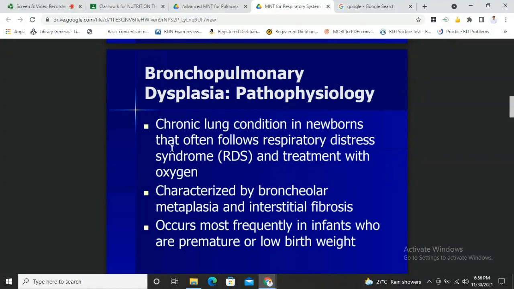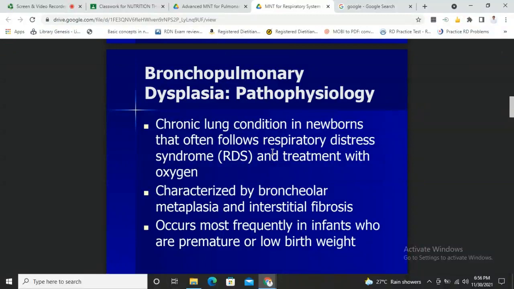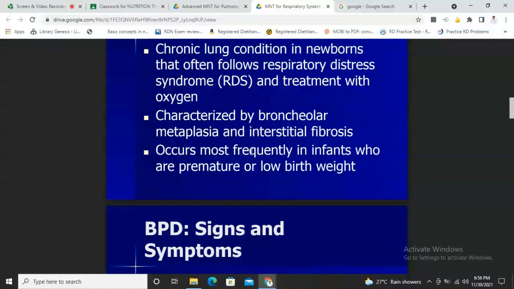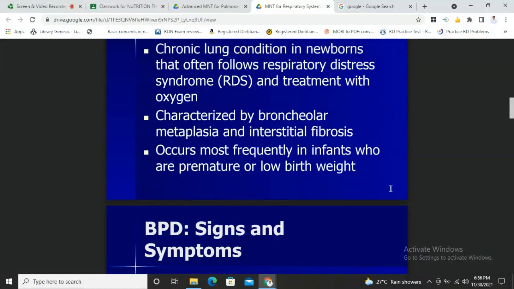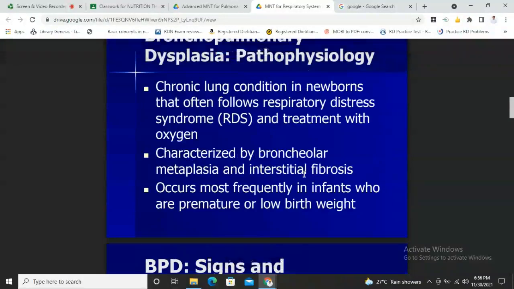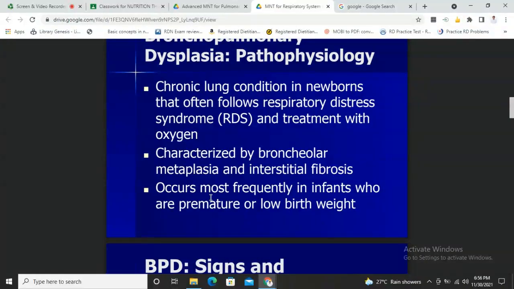So what is this? This is a chronic lung condition in newborns that often follows respiratory distress syndrome and treatment with oxygen. So this is characterized by bronchial metaplasia and interstitial fibrosis. This occurs most frequently in infants who are premature or low birth weight. So katong mga newborns, no, nga LBW, and katong mga premature, okay, katong gipanganak nga before sa term, okay, usually mag-develop ni sila BPD. So ang ilang cells bitaw ang cells nila sa alveoli mag-inflame, ang tissues ito mag-inflame, okay,